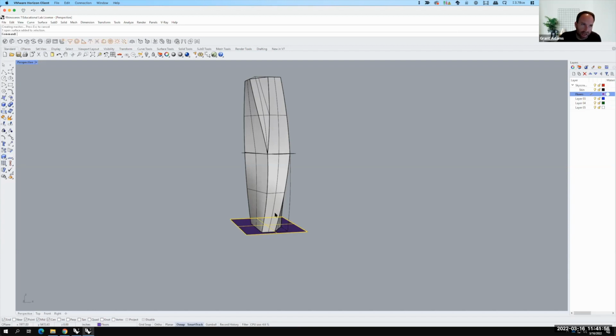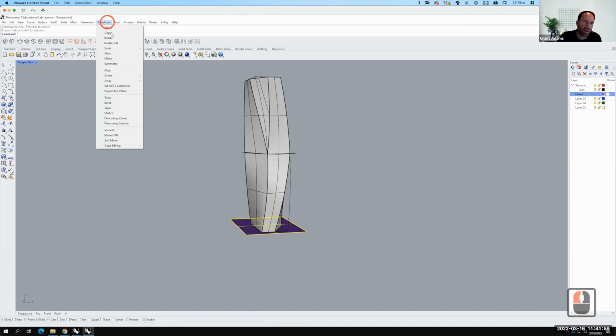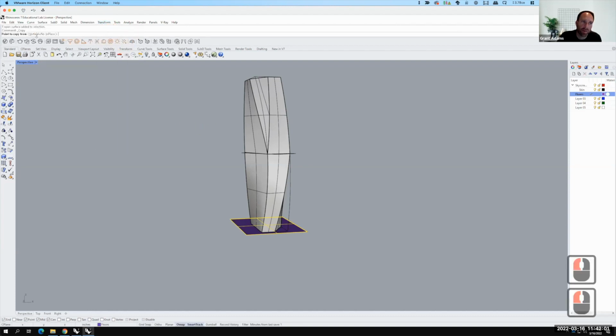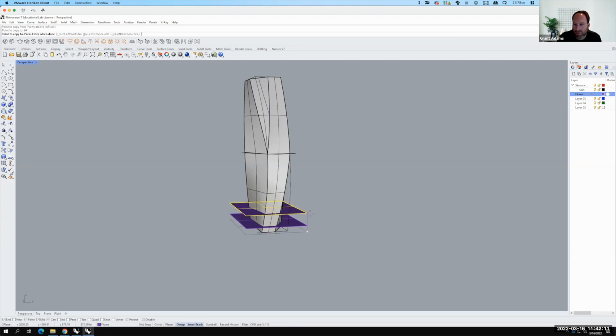So I'm going to copy it. I'll go to Transform and then Copy, or I could type Copy. It's going to be a vertical copy, and we'll go up by 24 feet. There's my first floor. Now the next floor after that, I need to go up